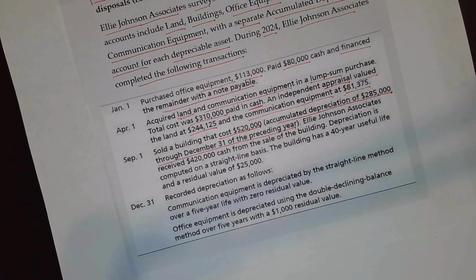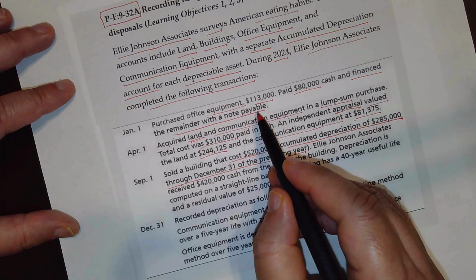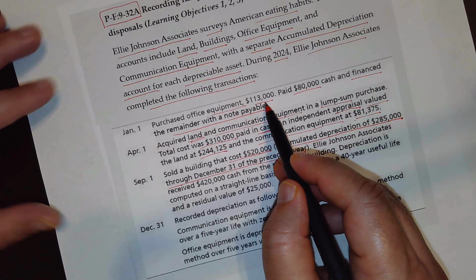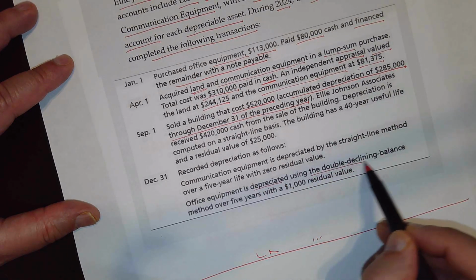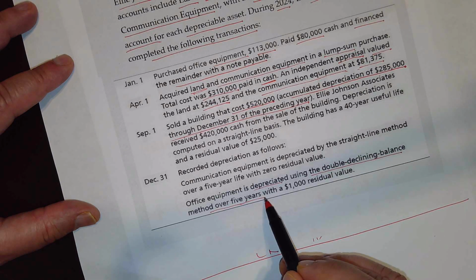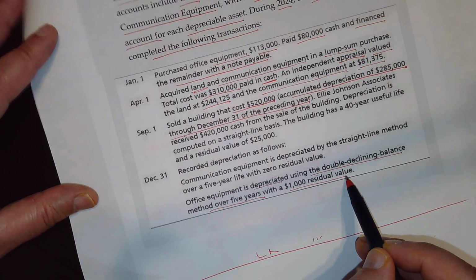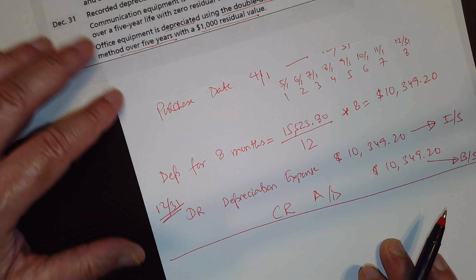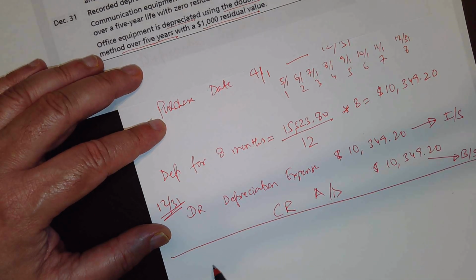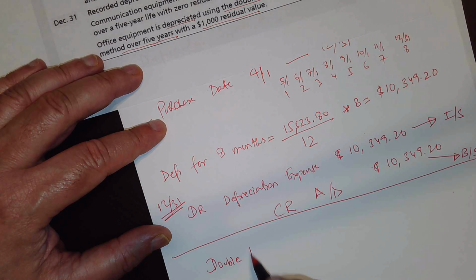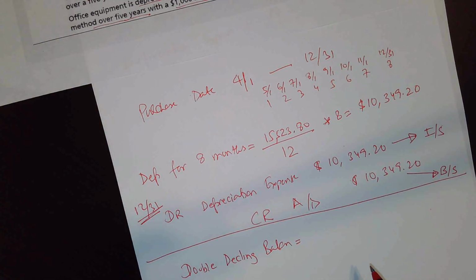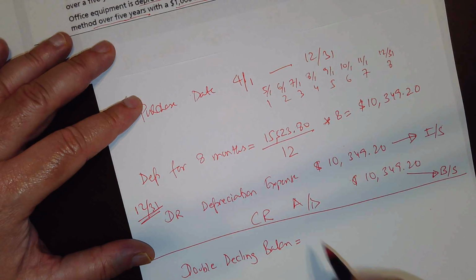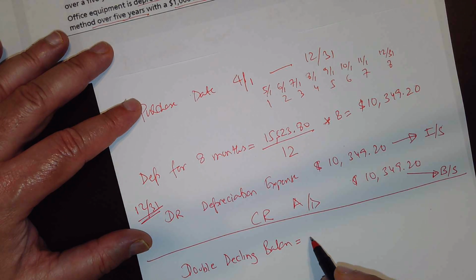Okay. Now we have an office equipment that we purchased for $113,000. And according to this, office equipment is depreciated using the double declining balance method over 5 years with $1,000 residual value. So when we are doing it, the double declining balance is equal to